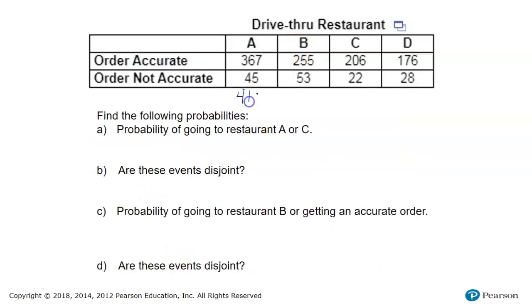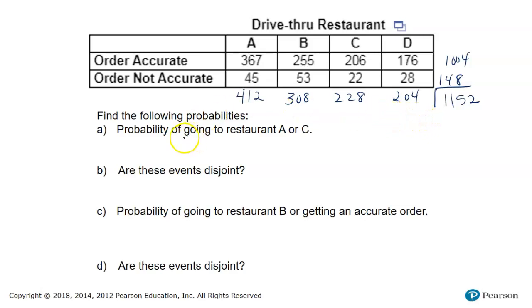So if I'm totaling my columns, the first column would be 412, 308, 228, 204. And then if I total the rows, this row would be 1004 and this one's going to be 148. And then if I total here either down or across, don't do both unless you're just checking. But this would be the total number of values in this whole table here. It would be